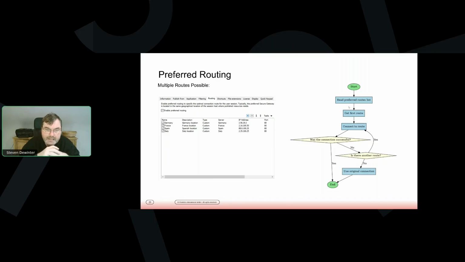And at the end, if none of those routes would work, it would fall back to the default route that was used, for example, to log into Parallels RAS. So you cannot start an application if you have not been logged in. So there is at least one route which works. It doesn't have to be one of the routes in the preferred routing tab, but there is at least the route that was used to do, for example, the user authentication. So then in the last case, it will fall back to the original connection and use that one to start